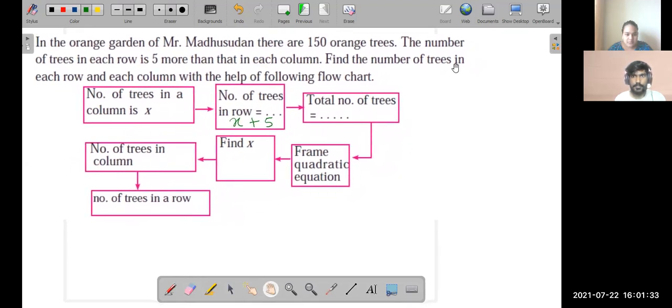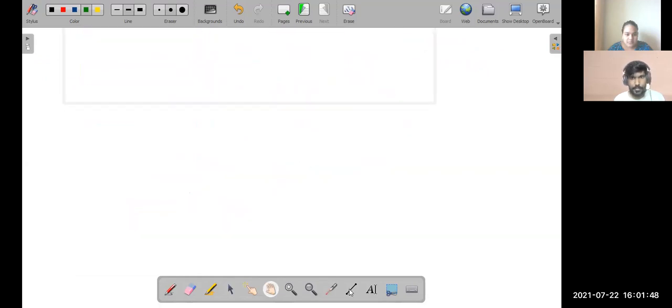I have not understood this sum. The question only I have not understood. Okay. This you understood, X plus 5, how we got? Partially I understood. Okay. So what they are saying is